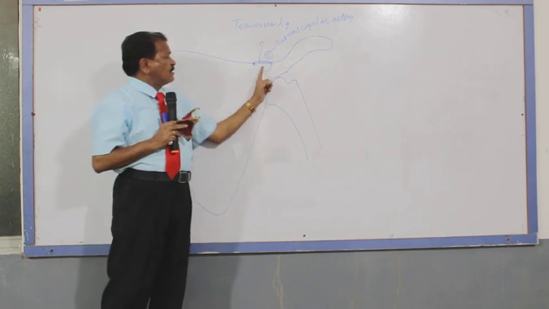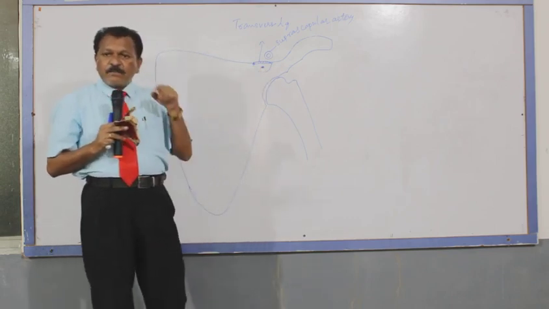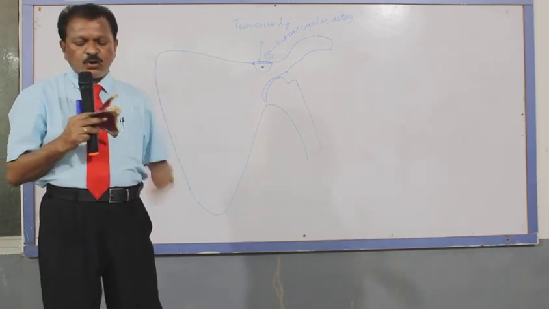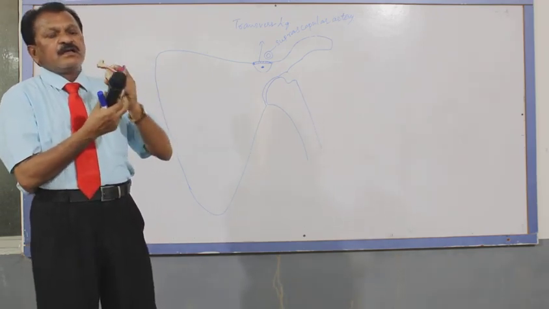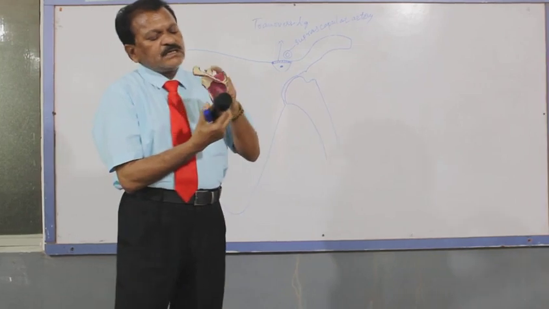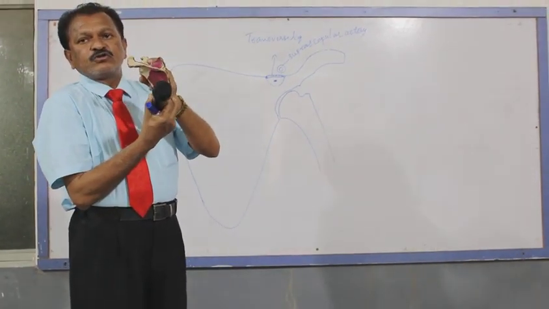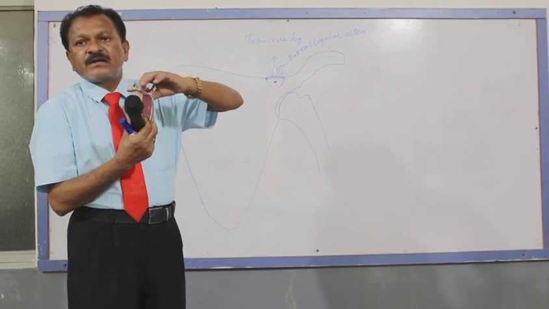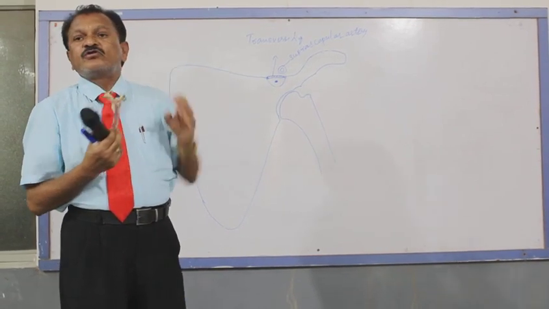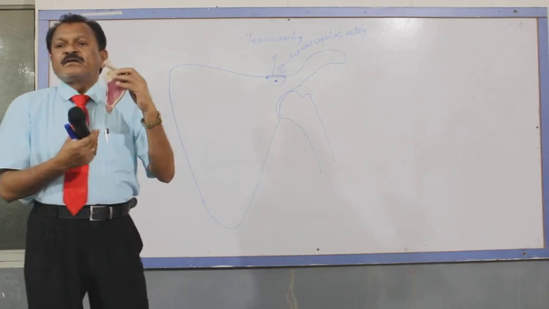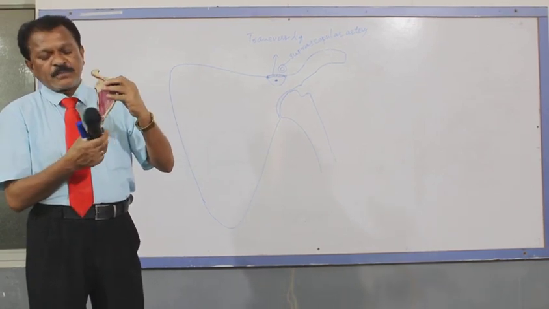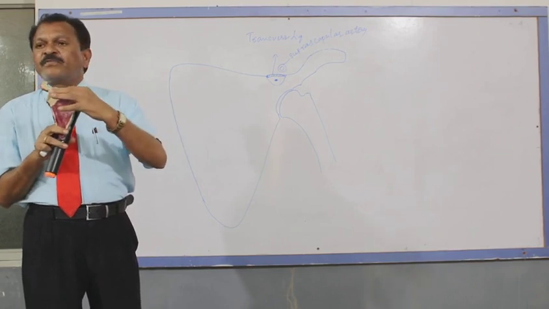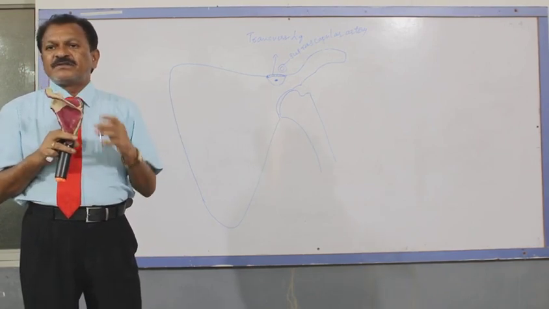This suprascapular nerve passes from the anterior into the posterior, or dorsal, surface of the scapula through this suprascapular foramen. Then it enters into the supraspinous fossa. And here there is a muscle that is called